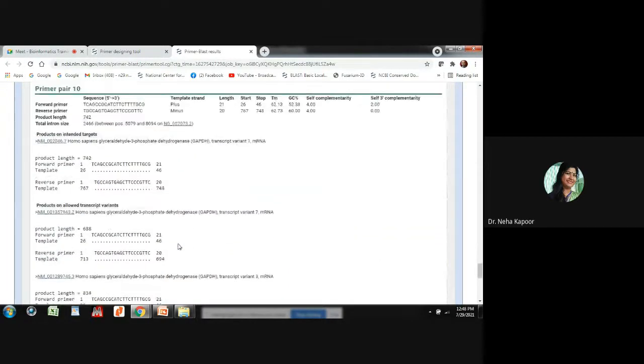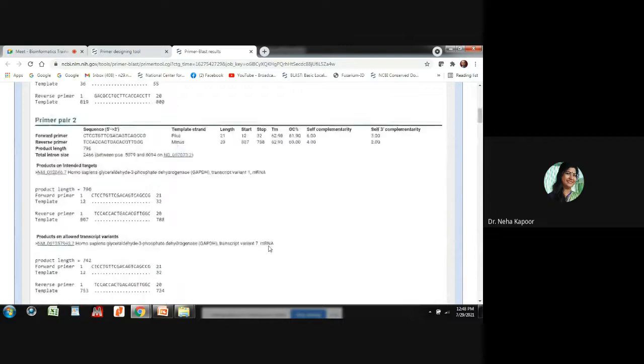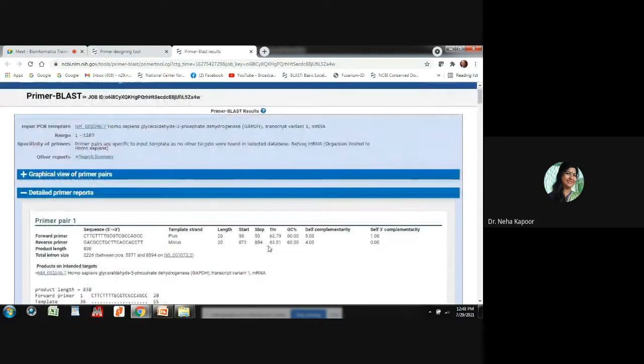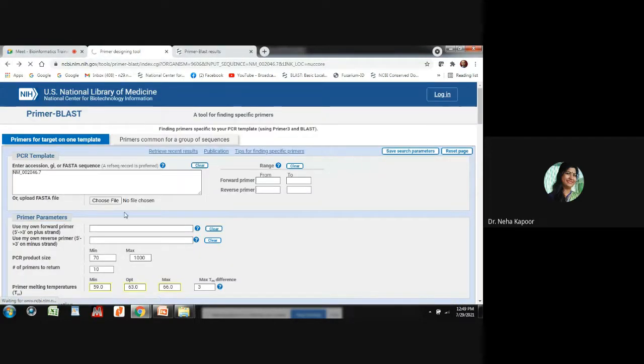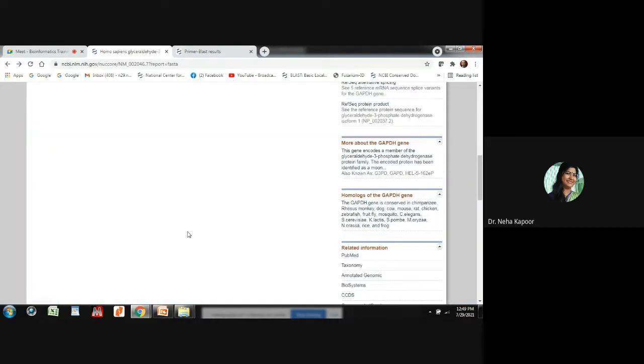So depending upon this, we first need to select which of the primers will best amplify our sequence of interest. Suppose you are not sure; in that case, see, these are the forward and reverse primers that you have got. Now suppose you have gone through this, but it is also amplifying the other variant. I am clicking back on this sequence. This is the sequence that we selected actually, right?